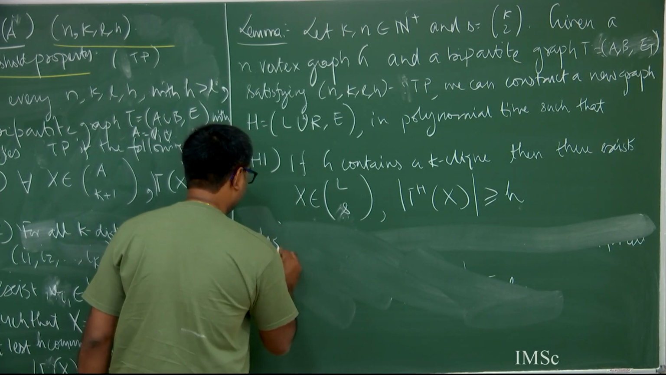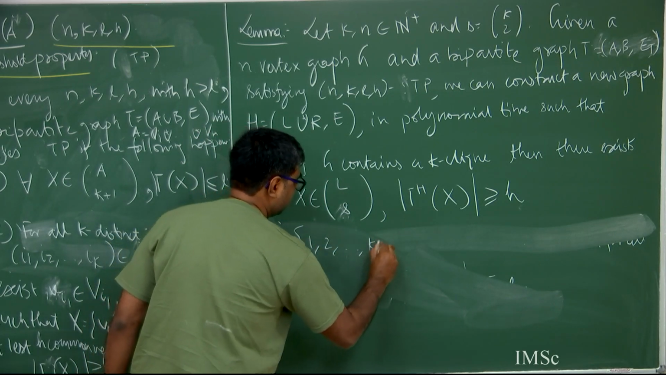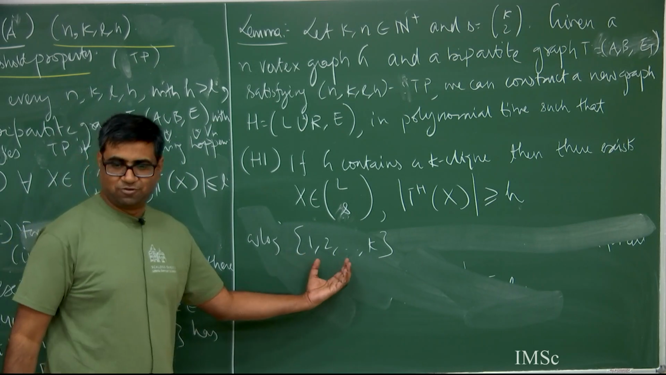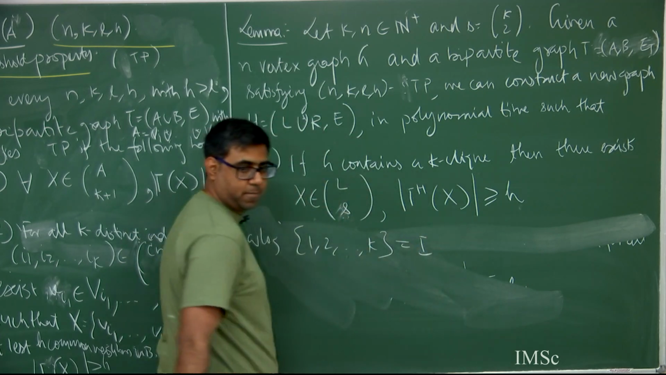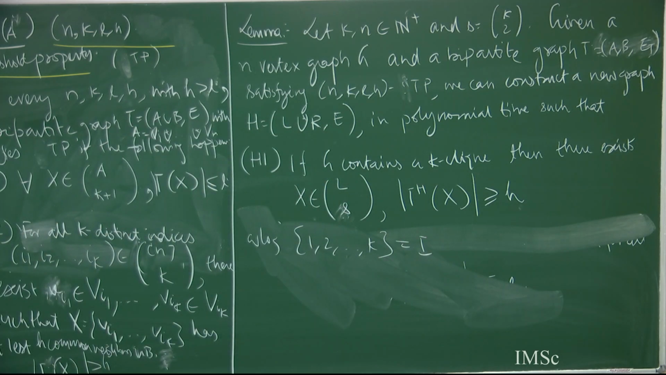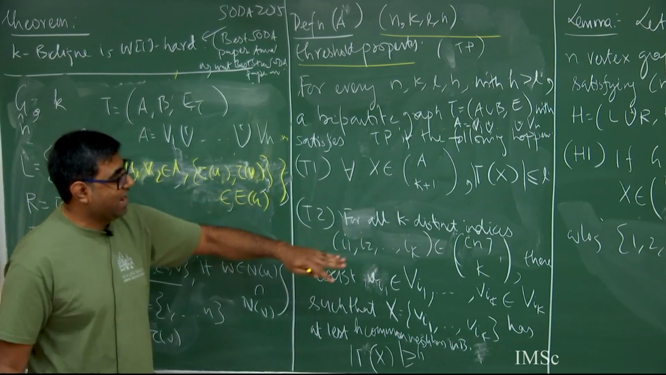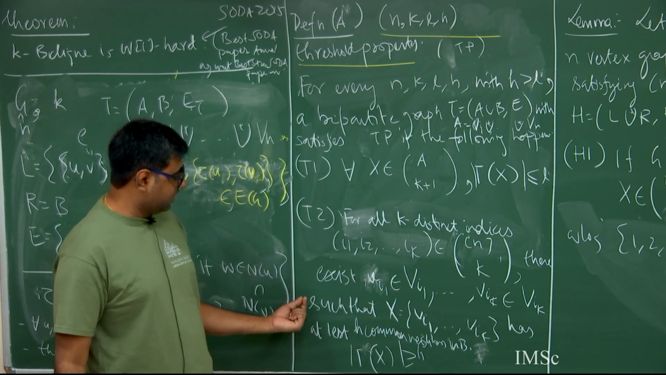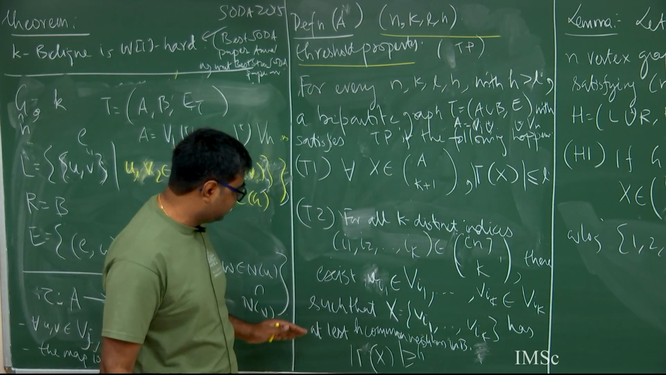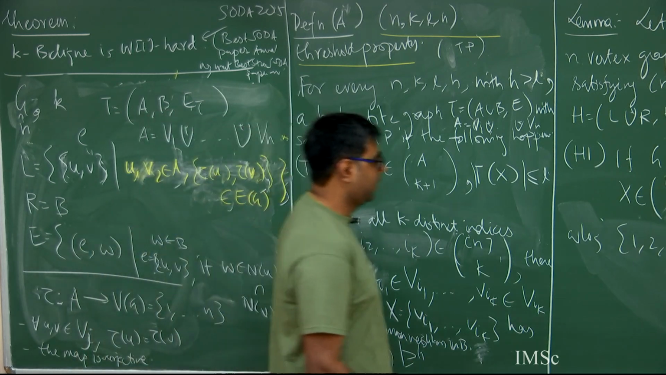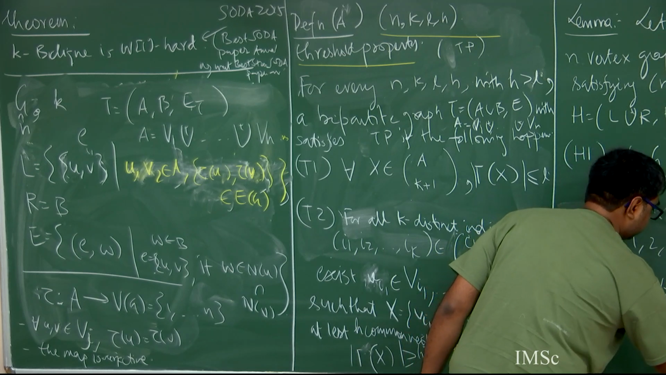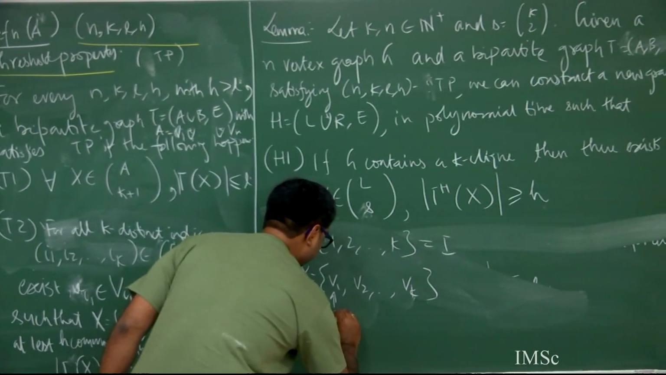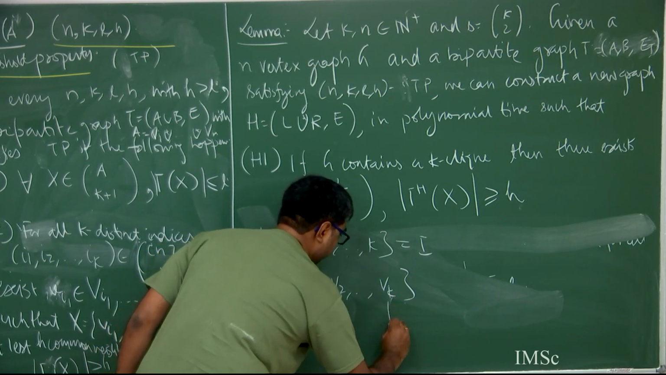Without loss of generality, let's assume that this is 1 to K. It could have been anything, it doesn't matter. Let's call this index set I. Now, by the threshold property of my bipartite graph, what does it tell us? T2: for all k distinct indices, n choose k, there exists V1, V2, and so on, such that this happens. So let x equal V1, V2, ..., Vk, where V1 is in capital V1, V2 is in capital V2,